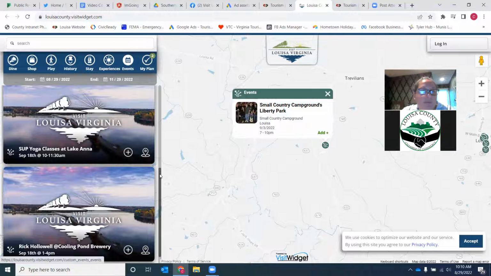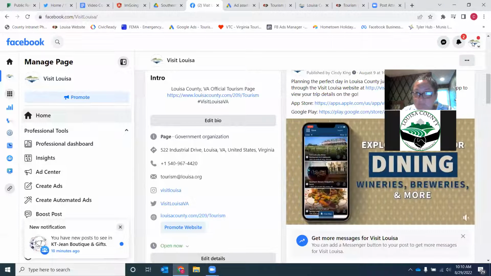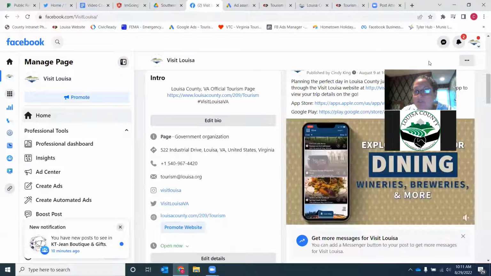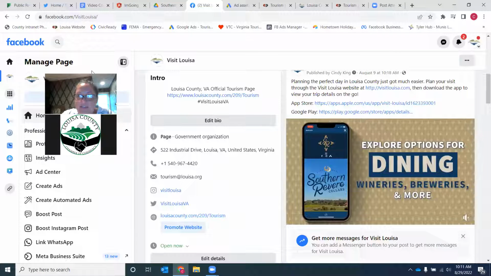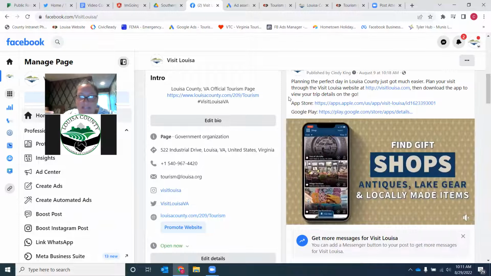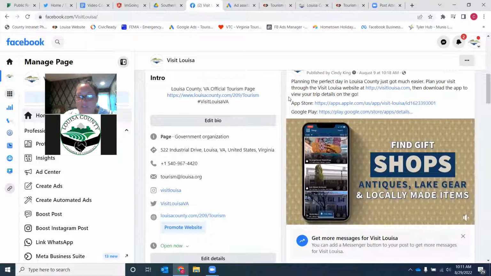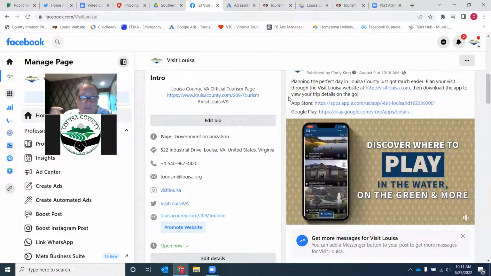I did want to show you a couple of things that we're doing. Well, let me show you this first. I don't have the software on my computer right now to show you what the app looks like on my phone, but I did have a Facebook post from a couple of weeks ago on Visit Louisa. So this is a screen capture of my phone that we made into a little video. So you can see here, just kind of, we take a second to watch. That's how this information that I just showed you from the online version looks on an actual phone, clicking through